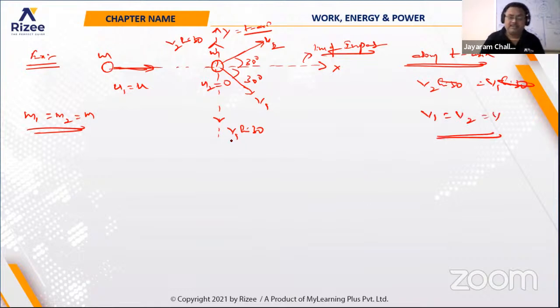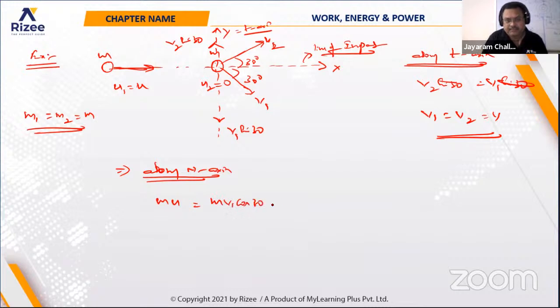Okay, so now based upon this one, apply along the n-axis. So when we apply along the n-axis, the momentum mu is equal to m into v1 cos 30 plus m into v2 cos 30. These are the two values, and v1 is equal to v2, that means mu is equal to